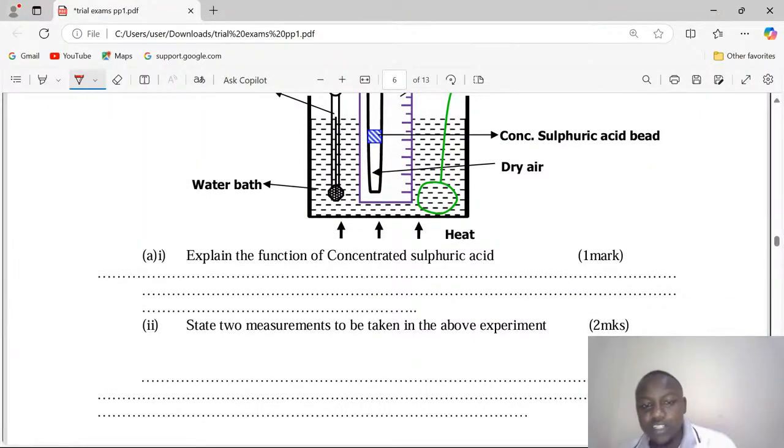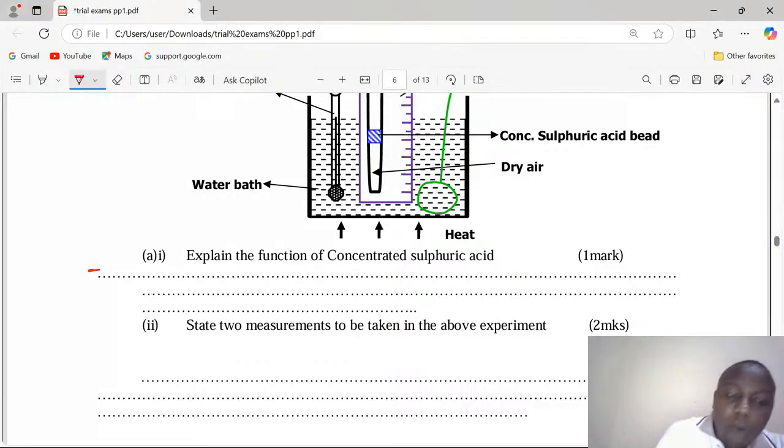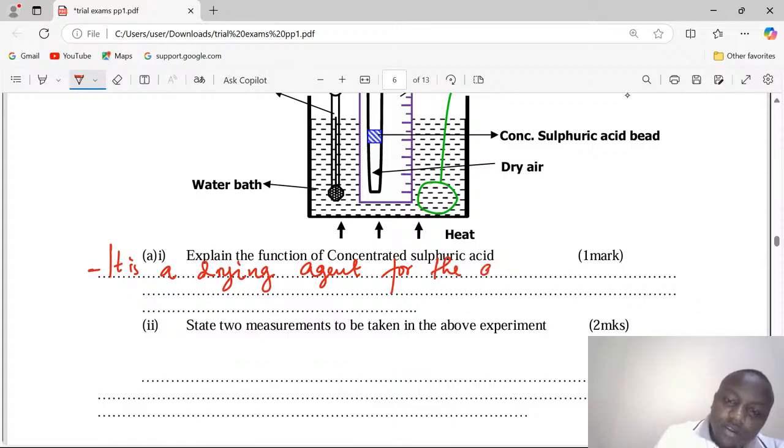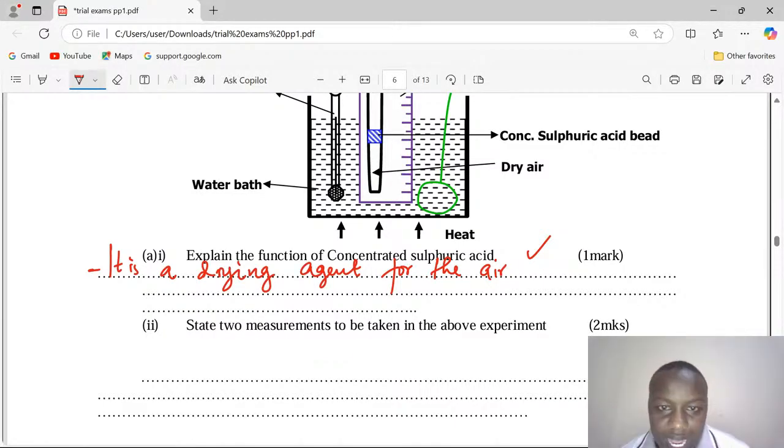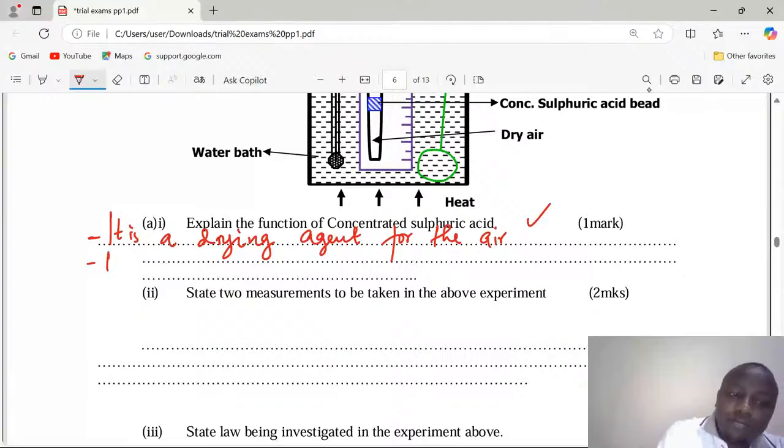Explain the function of the concentrated sulfuric acid. There should be some functions. One, it is a drying agent for the gas. Not gas, you can call it air generally. So the air inside there must be dry air, and the sulfuric acid bead fixed there is acting, one, as a drying agent. Two, it is a pointer